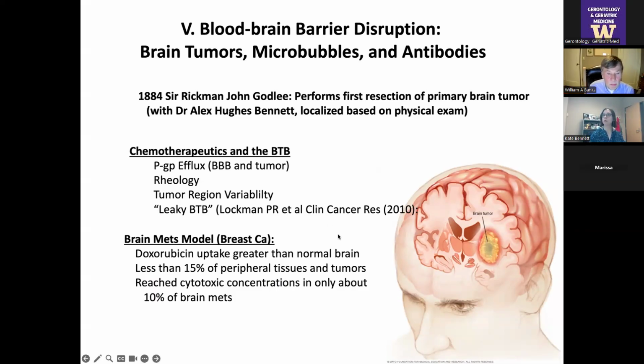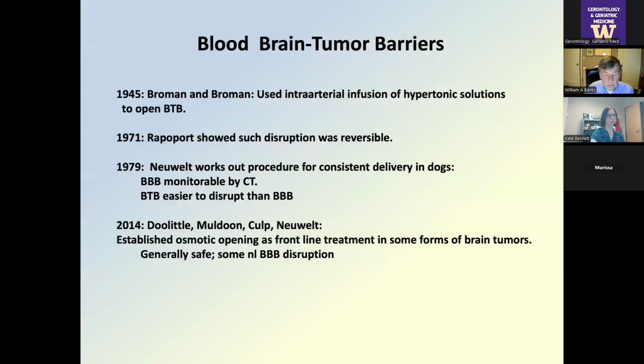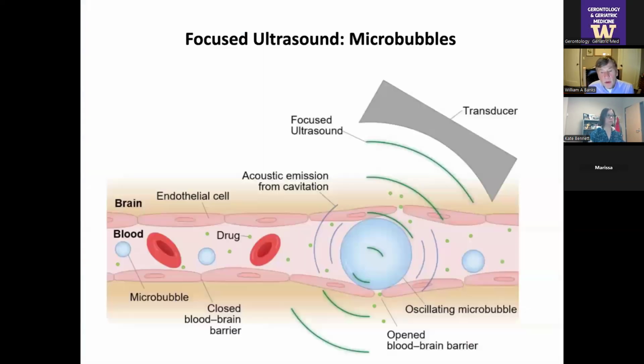And here are some principles that we have to worry about with brain tumors. The main one is, although brain tumors are more leaky than the blood-brain barrier, they're still very, very tight compared to peripheral tissues. So there's always been this interest in how you disrupt the blood-brain barrier enough to let your drug in and not let everything else in. One of the latest ones is focused ultrasound. I've got to admit, I'm a big critic of this, because if you disrupt the blood-brain barrier, you let everything in of that molecular size, and so it usually winds up not a pretty picture in terms of neurotoxicity.